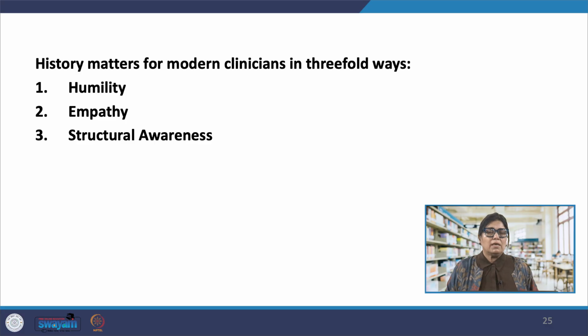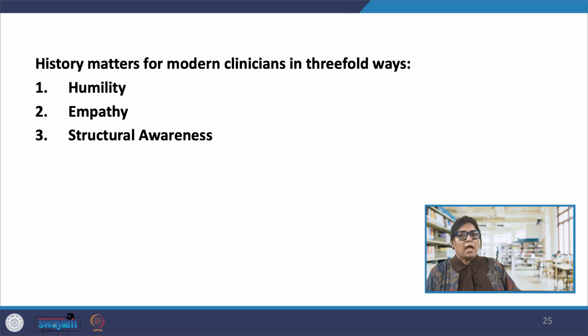History matters for modern clinicians in threefold ways. Firstly, it brings humility, that is, recognizing that what we know today may be overturned tomorrow. Secondly, it brings empathy, which involves understanding the historical trauma some communities feel toward medical institutions, which helps explain modern